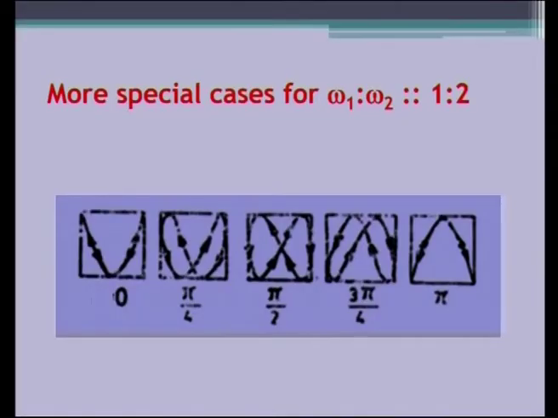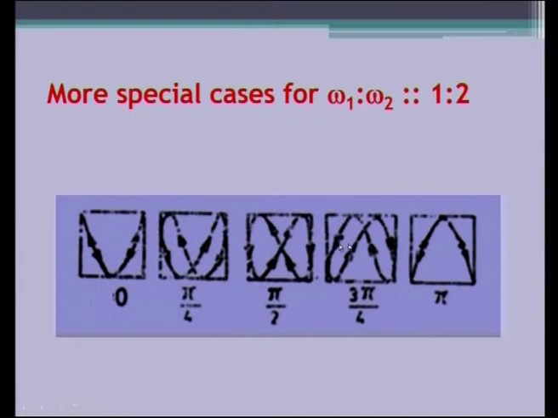It will be a good sight for our eye when we have all the special cases just shown as a single consolidated shape. Let us have a look at the final thing. So, this is how it is. The more special cases for the same ratio, that is very important, that we have to keep in mind. It is for 1:2 ratio only when the phase difference is 0, and here it is pi by 4, it is pi by 2, it is 3 pi by 4 and pi.